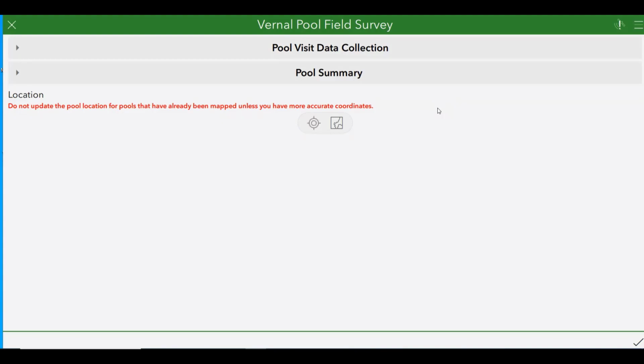This is a video on how to use the Survey123 Vernal Pool Field app, and I will be explaining how to enter data into the Vernal Pool Patrol Survey. When you are entering data for a pool in the inbox, meaning this pool's location has been recorded and it